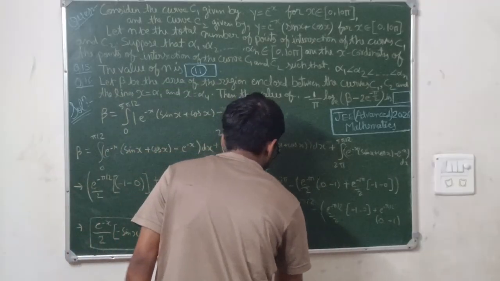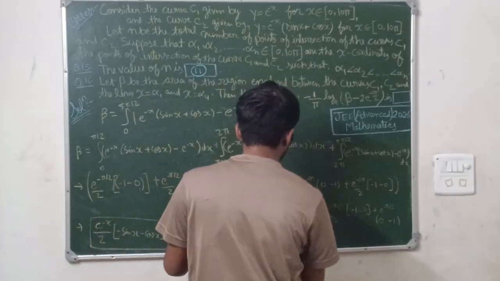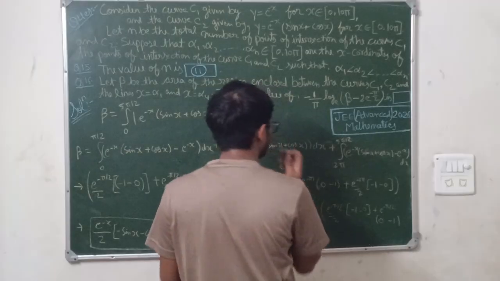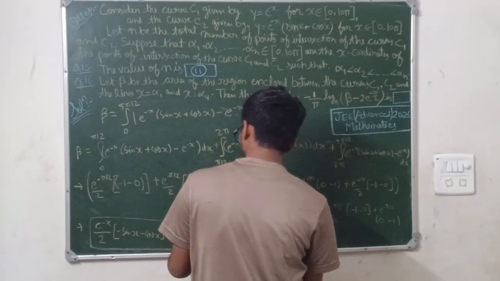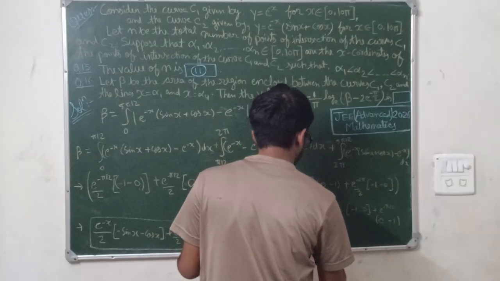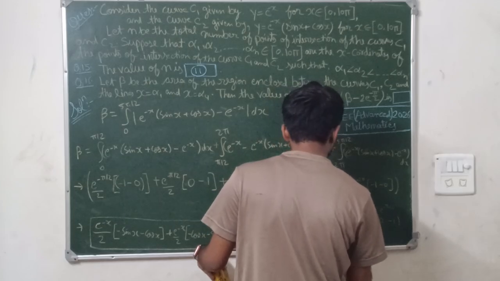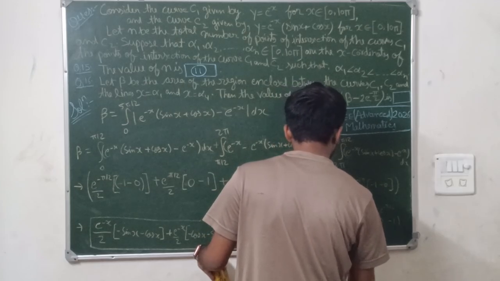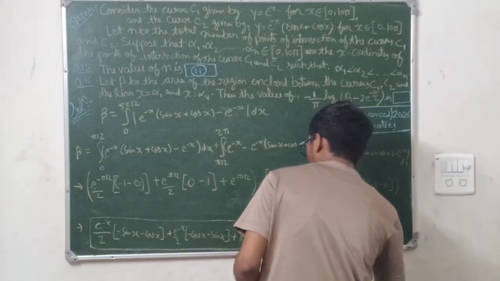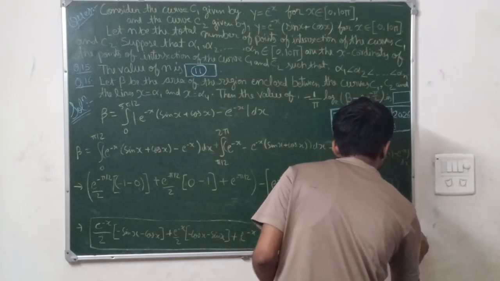Okay, now for the last part you will apply here, this is plus e to the power minus x, so it will be e to the power minus 5 pi by 2 upon 2, sine 5 pi by 2 is 0, minus, this would be 1, and plus e to the power minus 5 pi by 2 upon 2 and cos pi by 2 is 1, this would be 0, and minus e to the power minus 5 pi by 2. Okay,